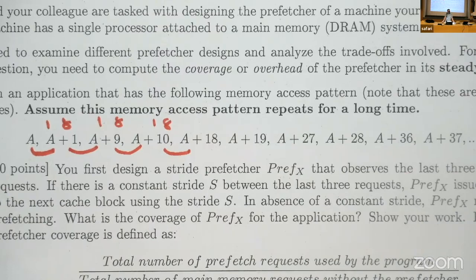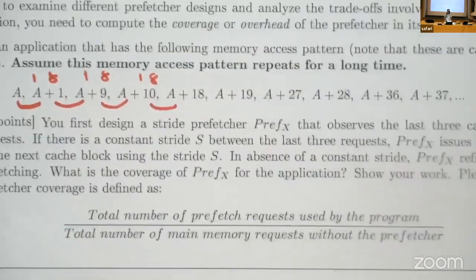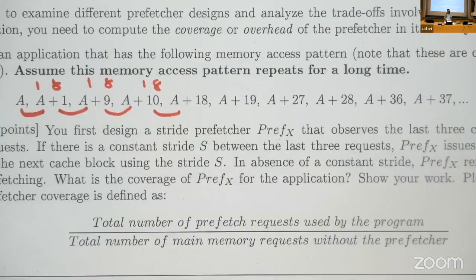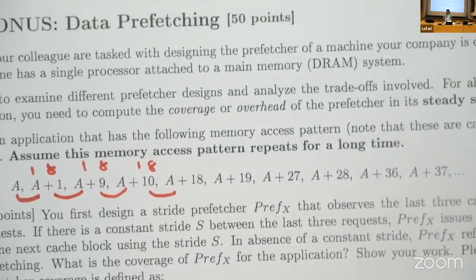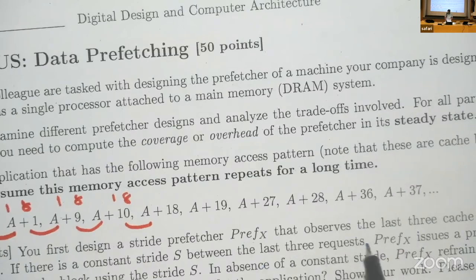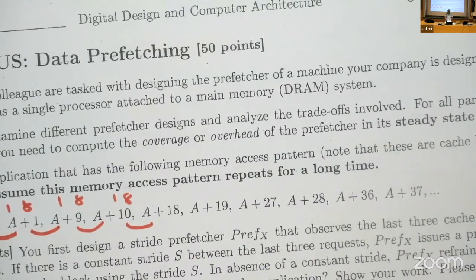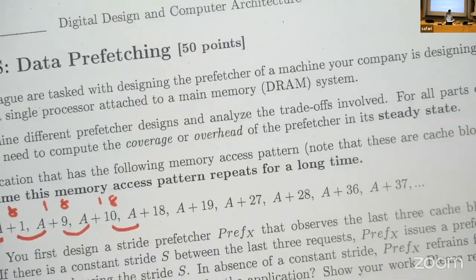And we also know what kind of prefetchers are implemented in the system, and we want to calculate some metrics based on those. And for those metrics, you already have the formula for how you calculate them here as well. So okay, I don't remember the first question. Let me read. So you design a stride prefetcher that observes the last three cache block requests, and based on what you have,